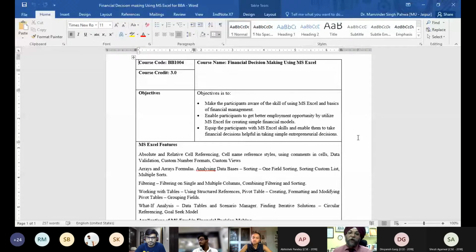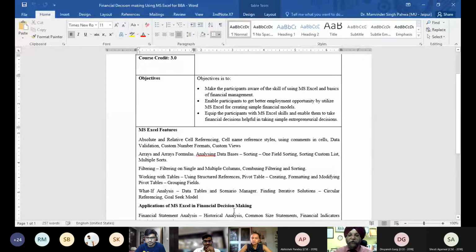Next is to equip the participant with MS Excel skills and enable them to take financial decisions helpful in taking simple entrepreneurial decisions. If you want, you can take these decisions using these skills, and it will show what MS Excel can do. And finance we will be able to study because that's our foremost important thing.